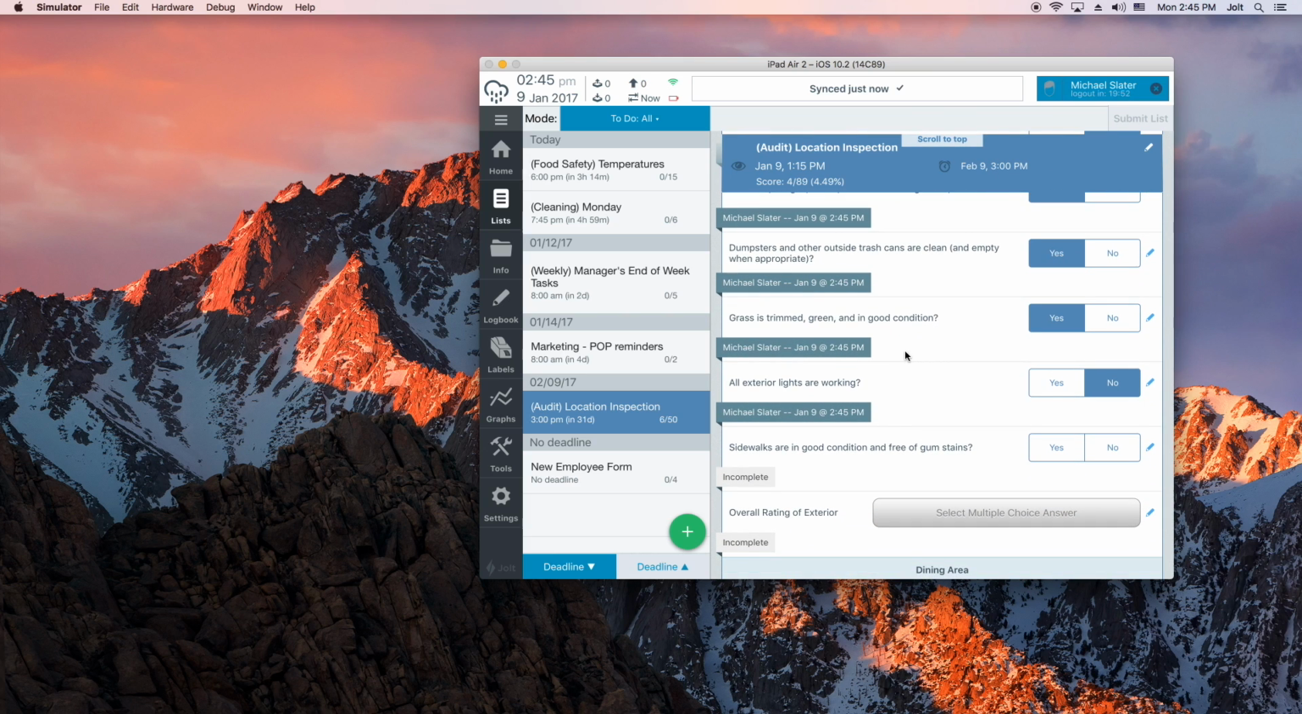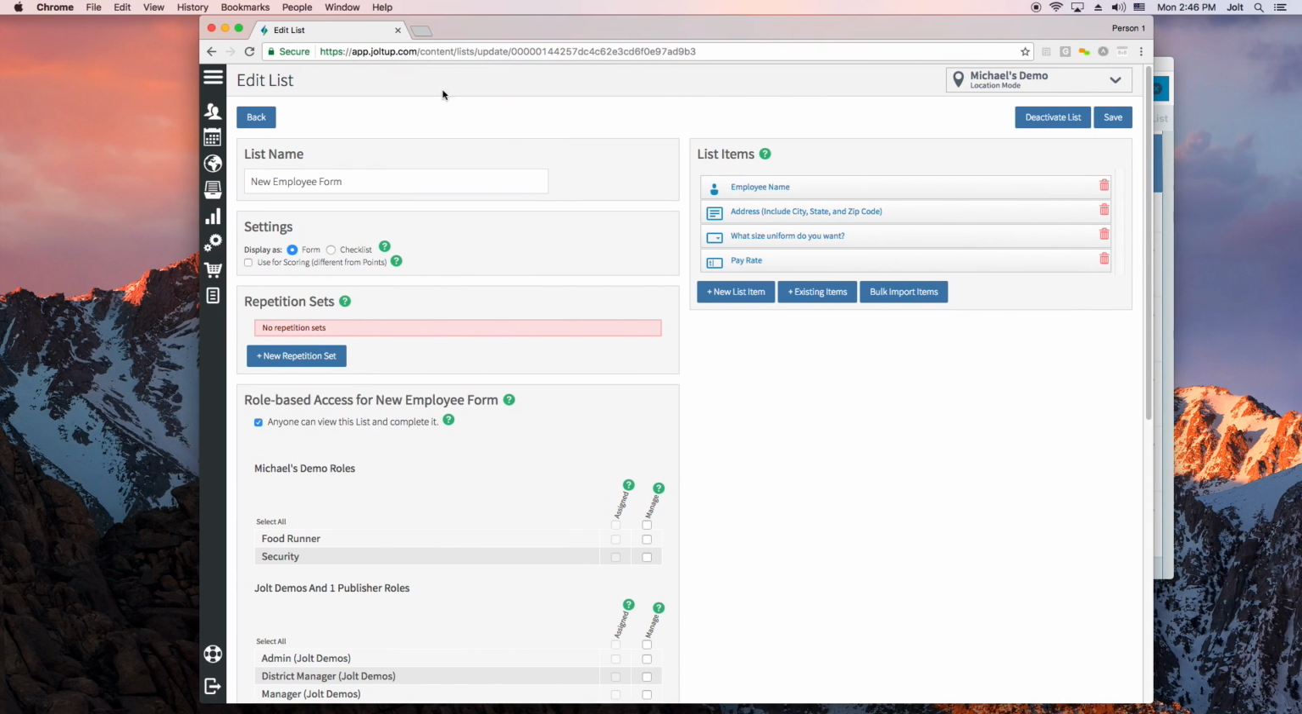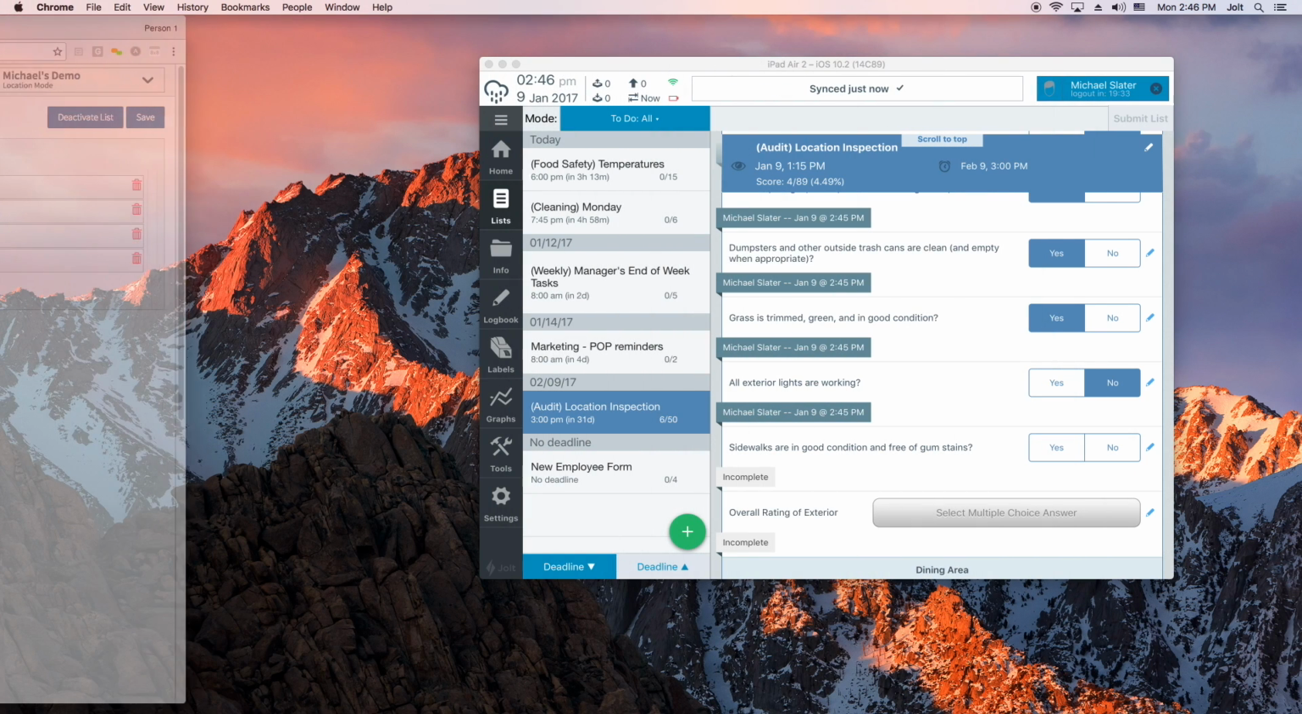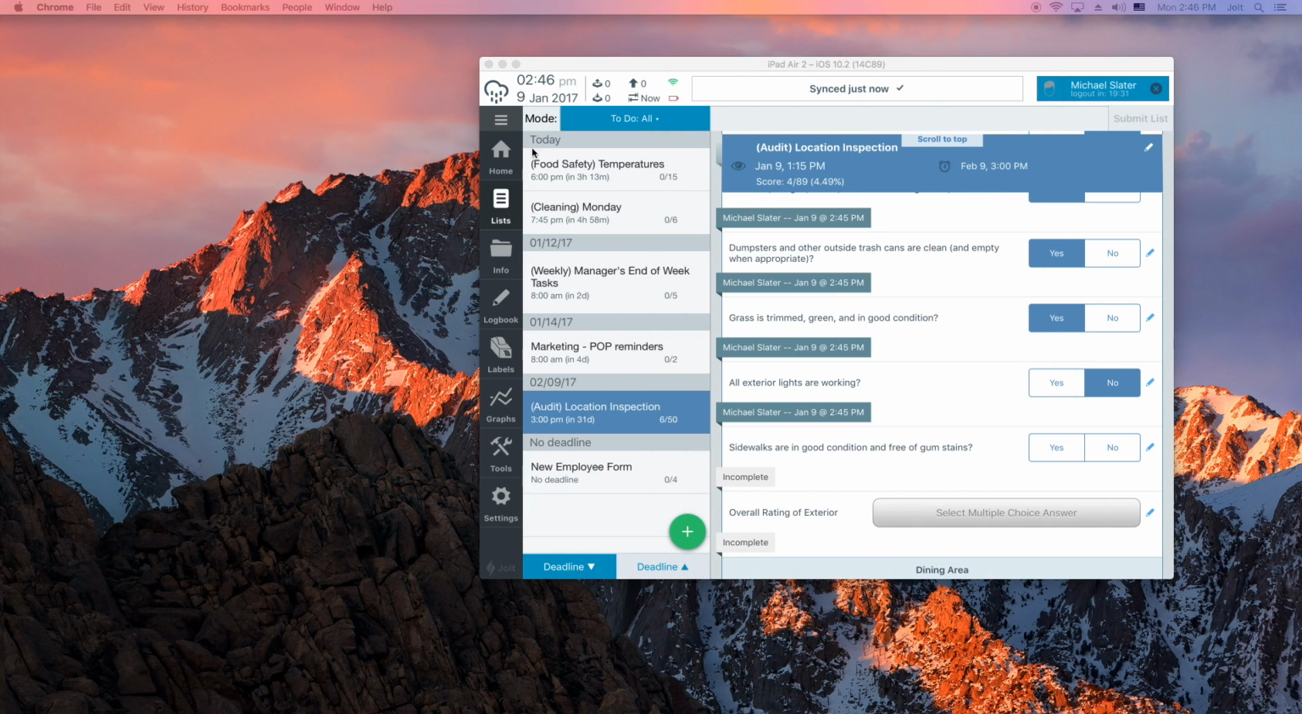This is a popular option for things like audit and inspection forms and employee forms because you usually want to keep all the information visible before submitting it. If that is what you are looking for, then make sure to set this up by selecting form on the back end here instead of a checklist. So that's submitting, which happens on a form, but now let's take a look at a checklist and what it